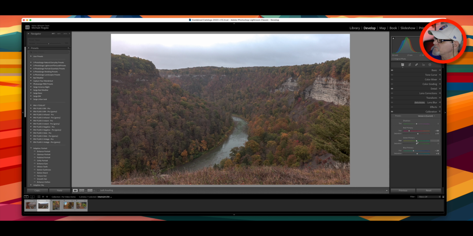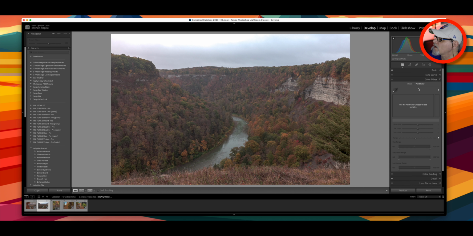And now I can come to the green primary. And if I go towards the yellows, okay, you can see it's going to make it look a little yellowish green. If I go towards the green, it kind of brings out the maroons quite a bit. Okay. Now, if you just take that right there and then combine it in your color mixer